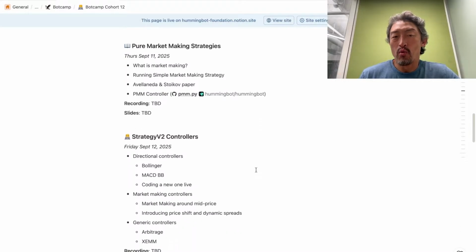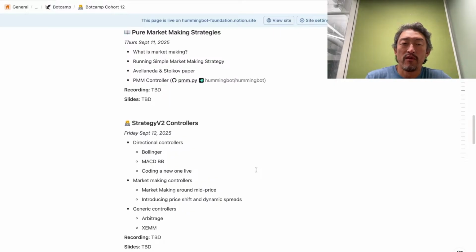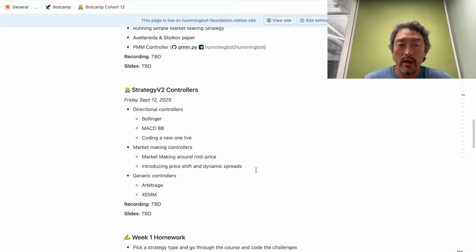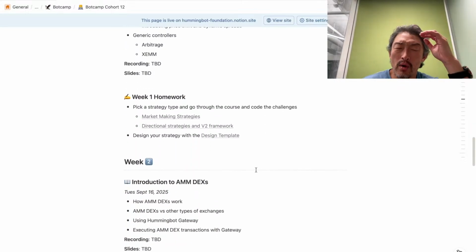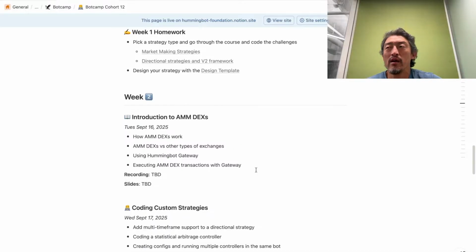And the last 2 days of week 1, we're going to get real into running bots, understanding market making from a theoretical perspective with the Avellaneda and Stoikov paper, running controllers, and then on Friday, in that first week, Fede will already be doing live coding, showing you how to build different strategy controllers using Hummingbot and setting you up for building your own strategies. So it's pretty intensive.